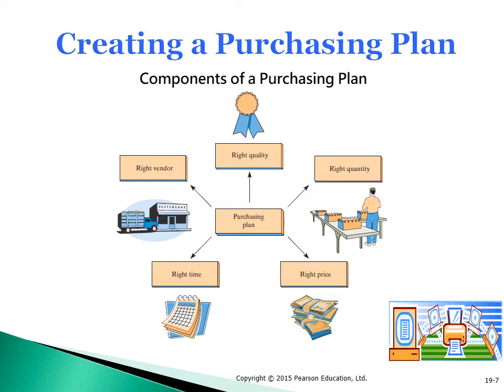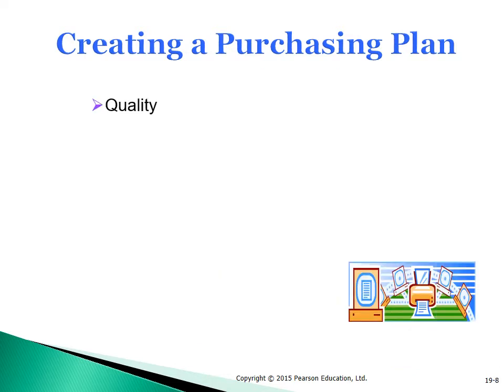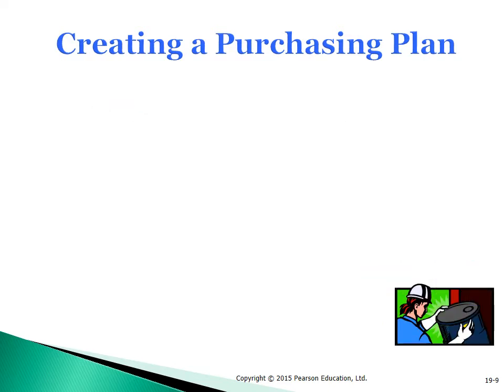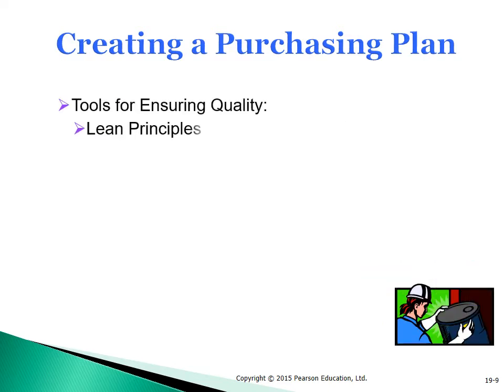A small company purchasing plan should focus on the five key elements of purchasing, which are quality, quantity, price, timing, and vendor selection. Okay, you can see from this figure that quality is the most common. A quality improvement strategy is Kaizen, which is continuous improvement. Another tool for ensuring quality is the Lean principle,